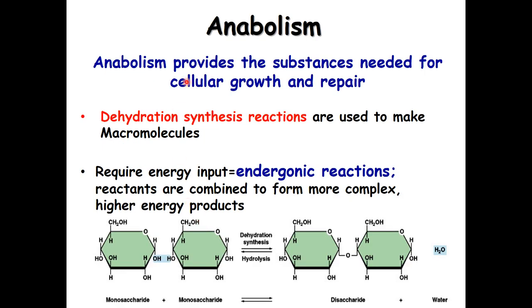So anabolic reaction is the reverse of catabolic, where you're using dehydration synthesis to put monomers together. You're excluding a molecule of water and you join two monomers together. And to form a chemical bond like this, to form a covalent bond like this, it always requires energy input. So you have to invest energy into this bond, then it becomes chemical energy. And so anabolic reaction is always an endergonic reaction.